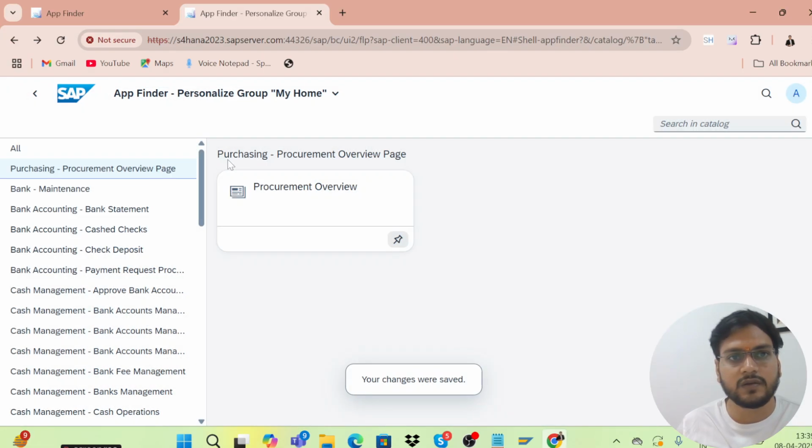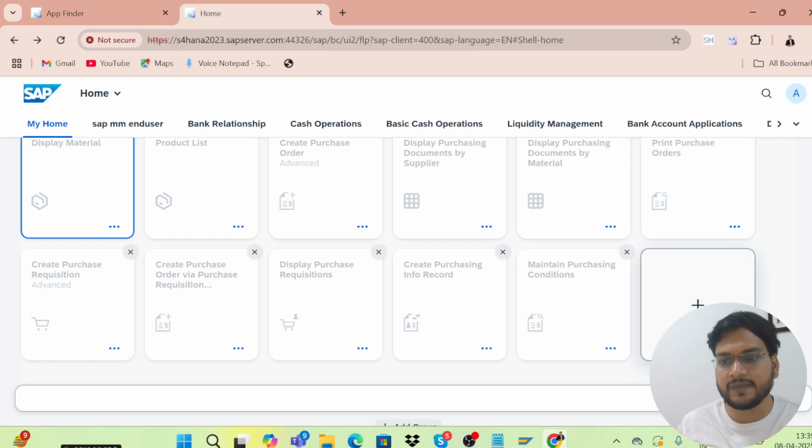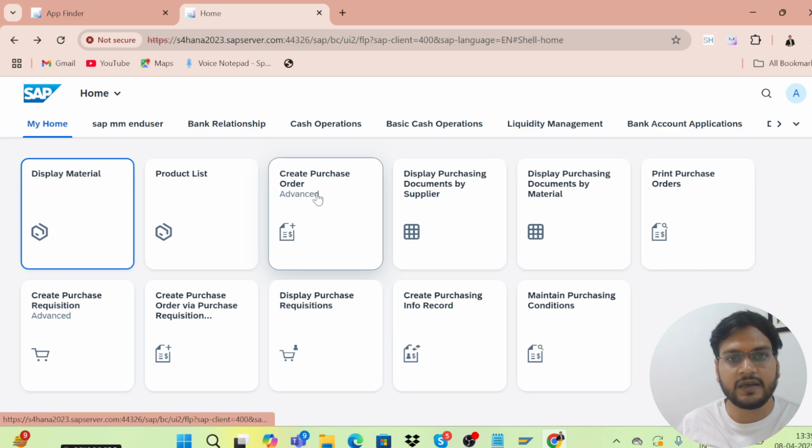Okay, so you can see in my home screen all these apps just came, like display material, create purchase order, whatever I have pinned, all came to my home screen.